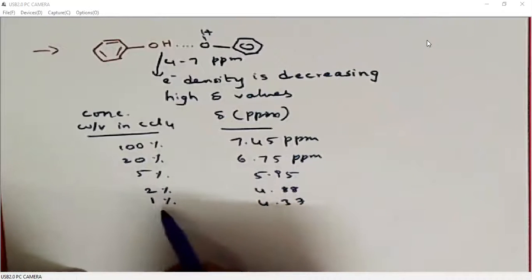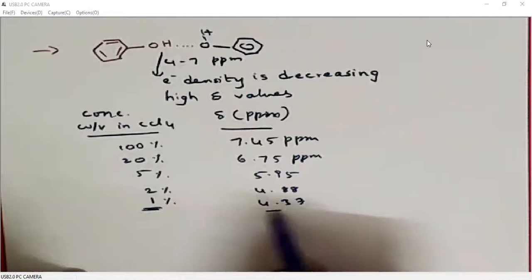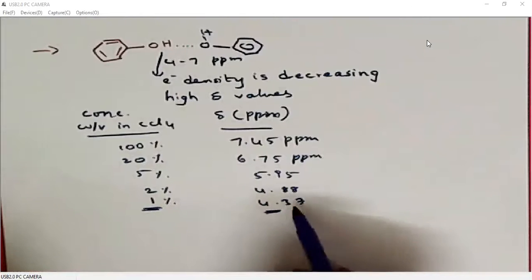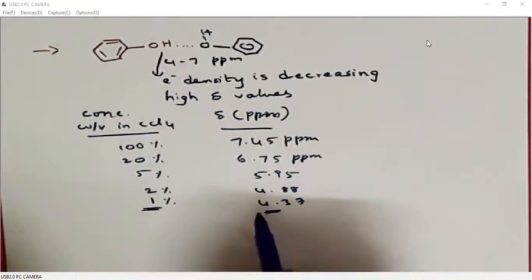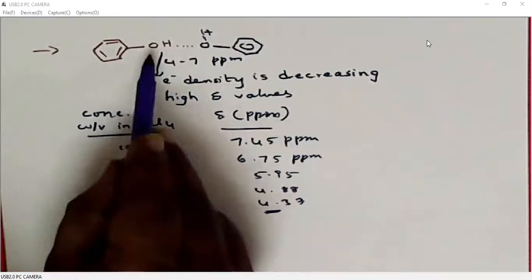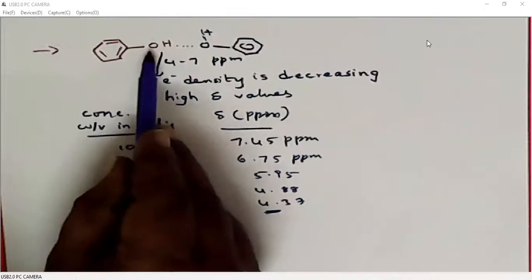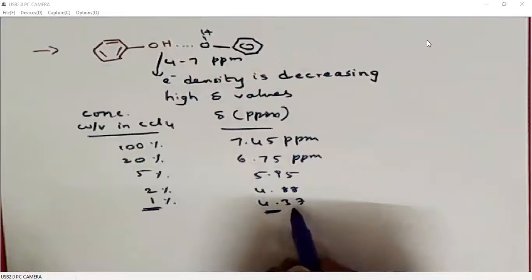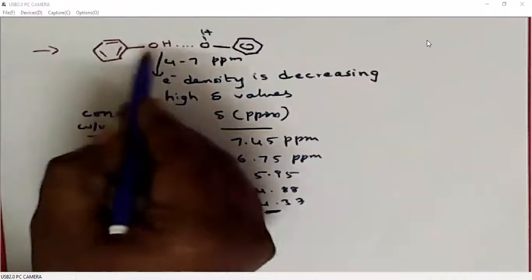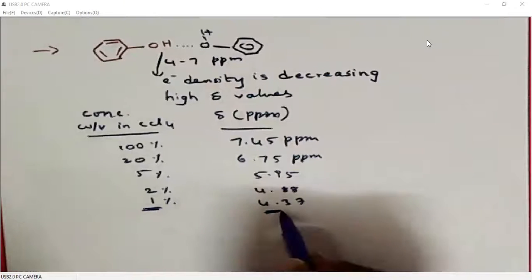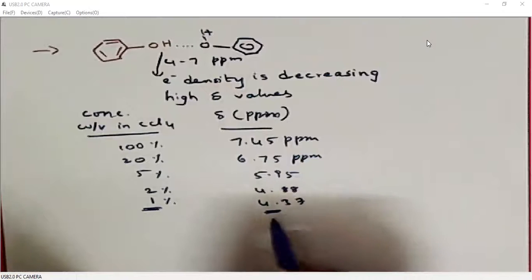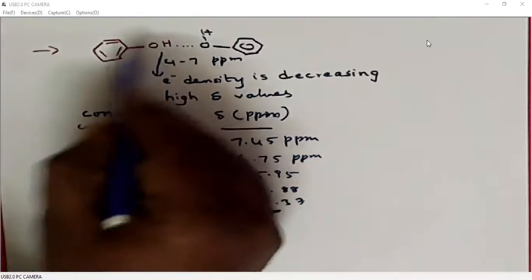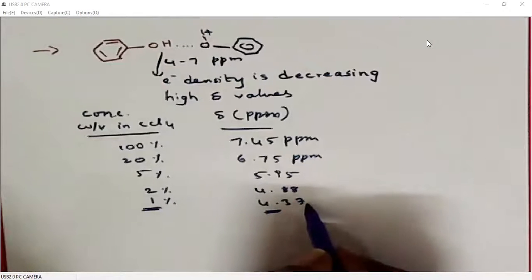So because there is no hydrogen bonding in 1% solution, it is giving 4.37 purely because of the oxygen. Hydrogen is attached to oxygen. Oxygen electronegativity is 3.5, so it will appear between 3.5 to 4. Because it is also having a withdrawing group on oxygen, its delta value will increase a little bit. So beyond 4. Okay. So it is purely because of the local environments. It is not because of the hydrogen bonding.